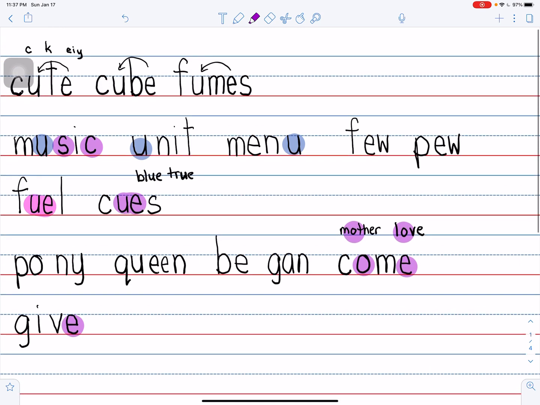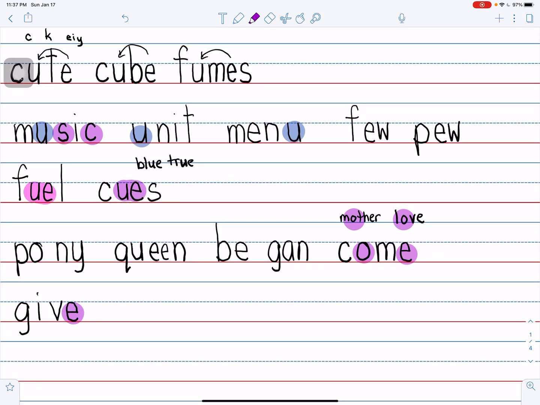Let's read our words again. Cute, cube, fumes. These have the E making the U say U. Music, where we have U saying U at the end of a syllable. Unit, menu. Those use the U at the end of a syllable. Pew and few. These have the EW to say U. Fuel and cue use the UE. Remember, he puts fuel in the cues, so it's the UE. Okay, and then we have our bonus words. Pony, queen, began, come, and give. All right, good luck with your